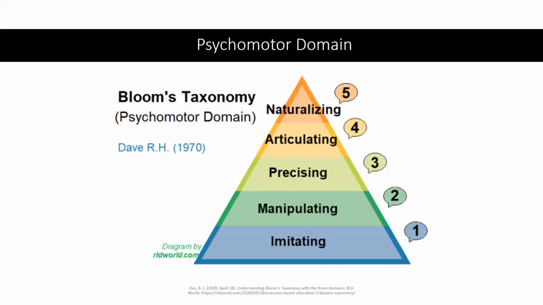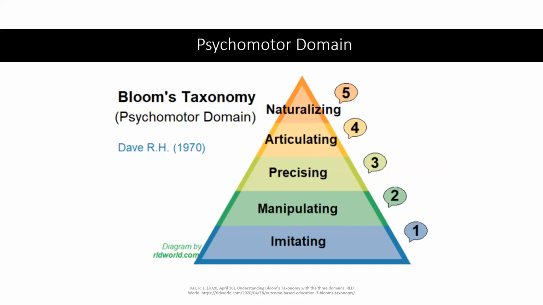So there are several reference psychomotor domains, including Dave's taxonomy in 1970, Simpson's taxonomy in 1972, and Harrow's taxonomy in 1972. Of these, the most commonly referenced is Dave's psychomotor domain, which includes, from the bottom of this pyramid up,